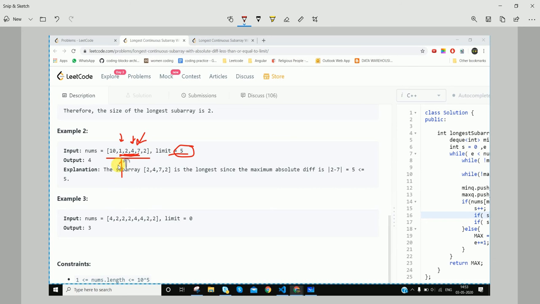But then we see 1 and 7, the value goes out of limit, and so we have to reduce the scope beyond, up to which we were seeing.